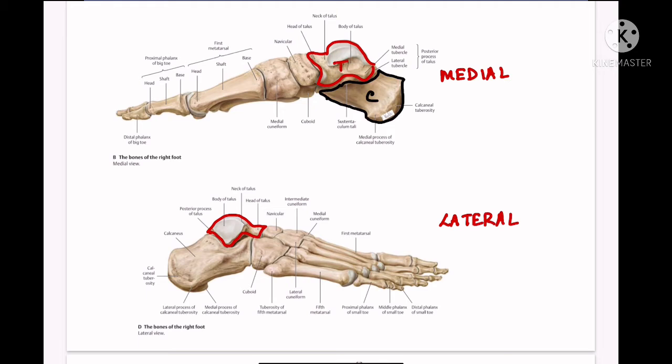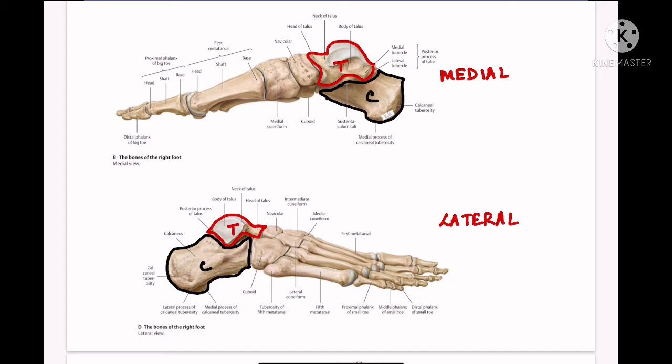Now on the lateral view, the outline of the calcaneus will be like this. Calcaneus, talus. It is evident from these side views that talus is sitting on top of the anterior two-thirds of